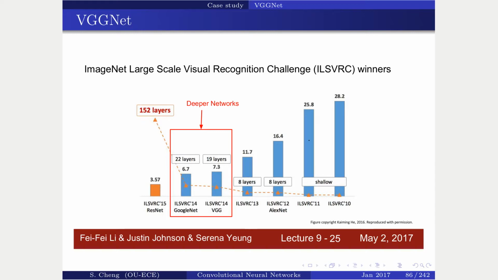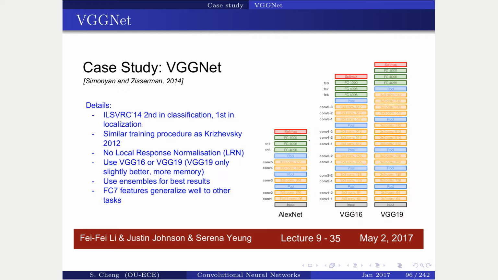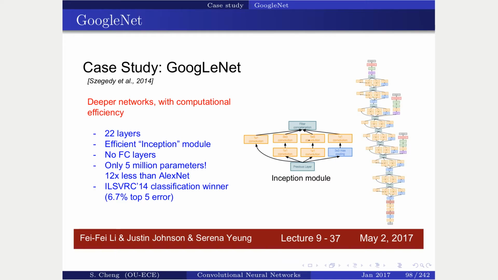Well, actually they didn't win, but they somehow placed well. For some reason, it's easy to play with because it's still a kind of old school architecture. People like to use that and change from there. We talk about this VGGNet a bit, and then we say, okay, we'll talk about GoogleNet and also ResNet